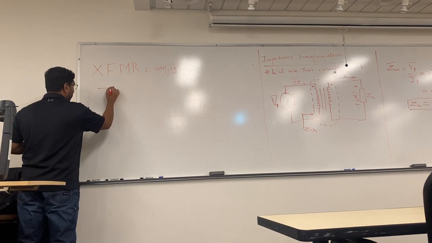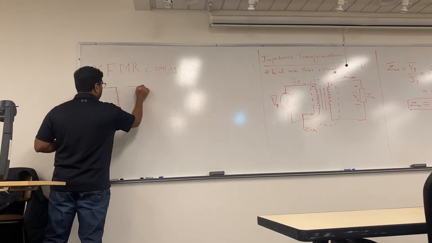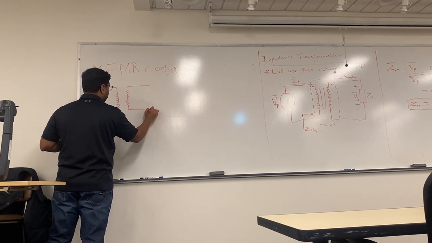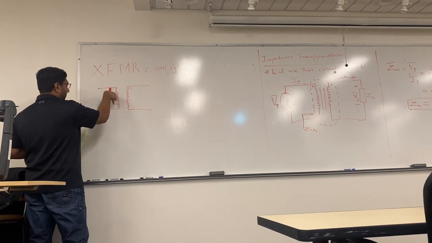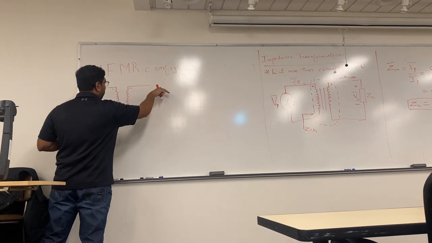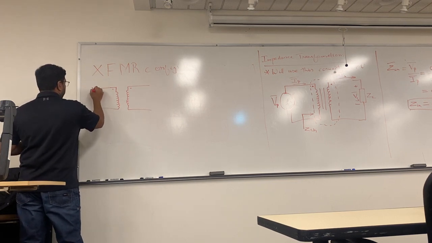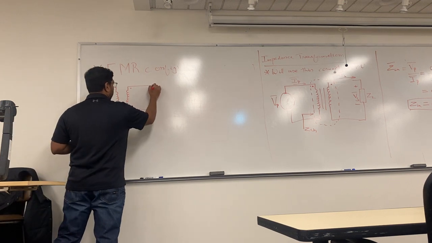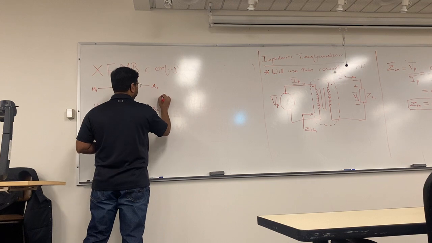It's just got one set of windings, one primary, and one secondary. Dot convention tells me current is coming into the primary, current is leaving the secondary. H1, H2, X1, X2. An example would be